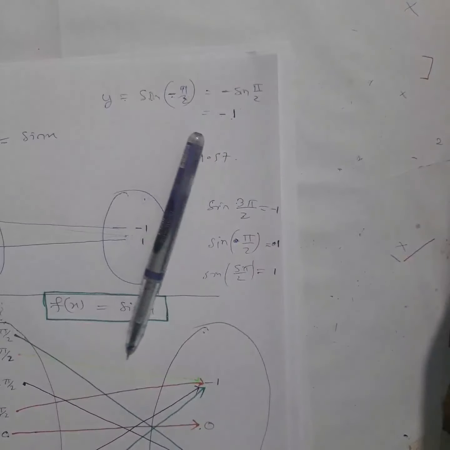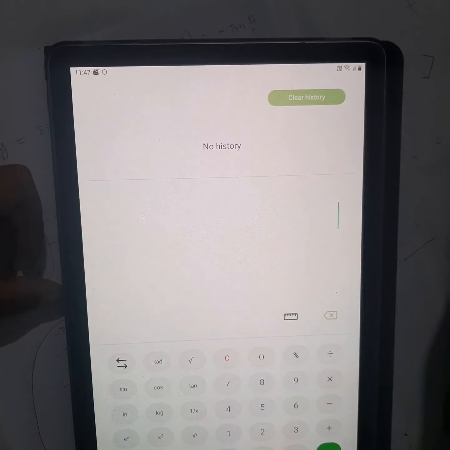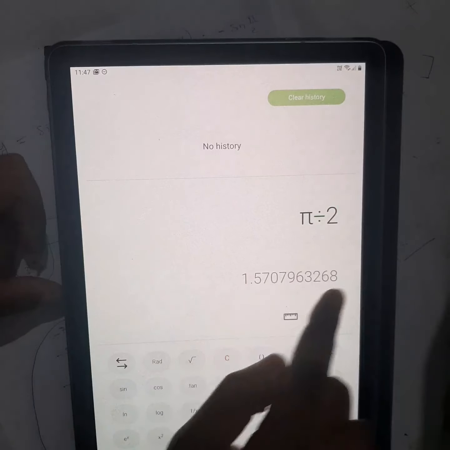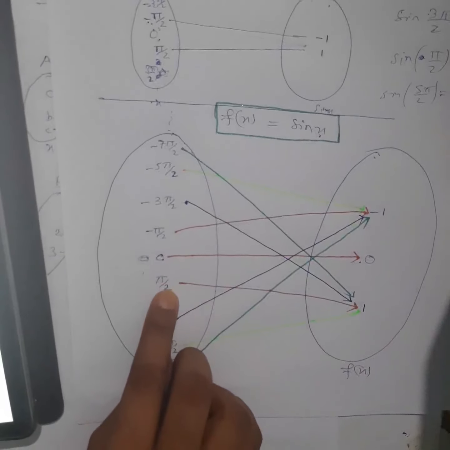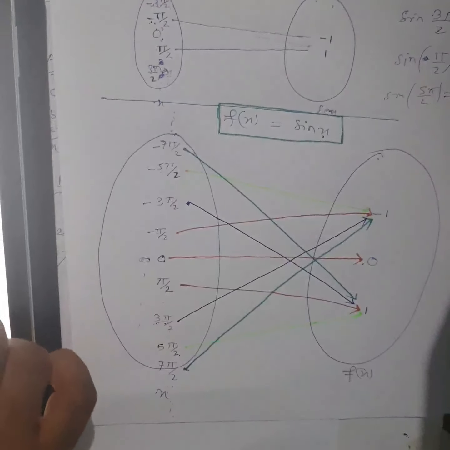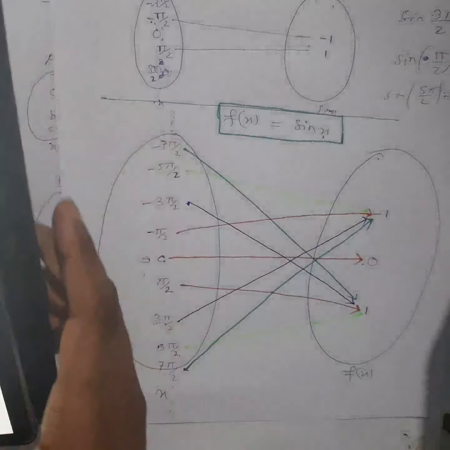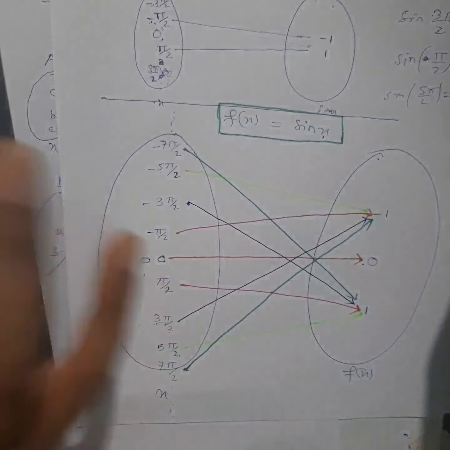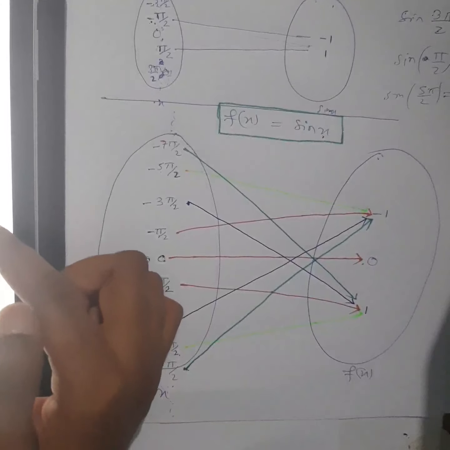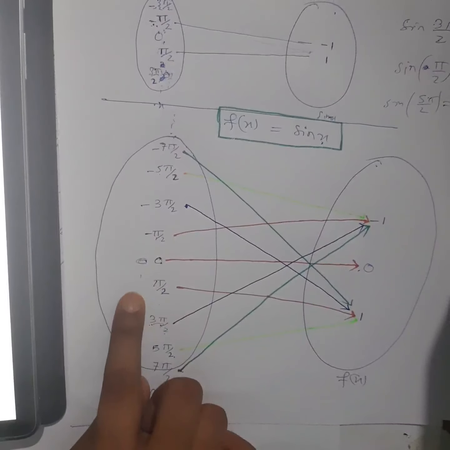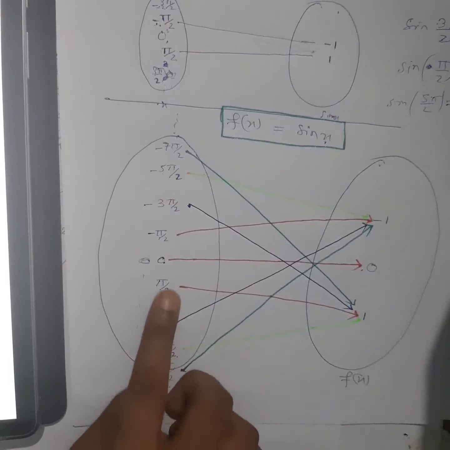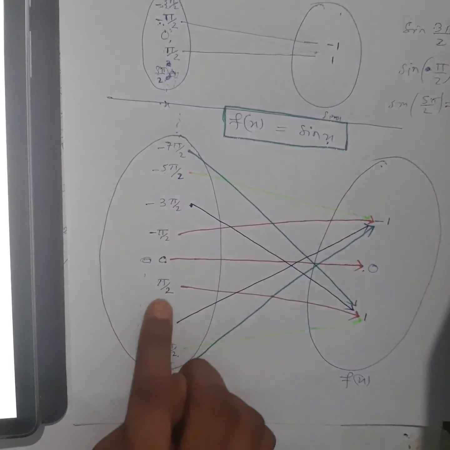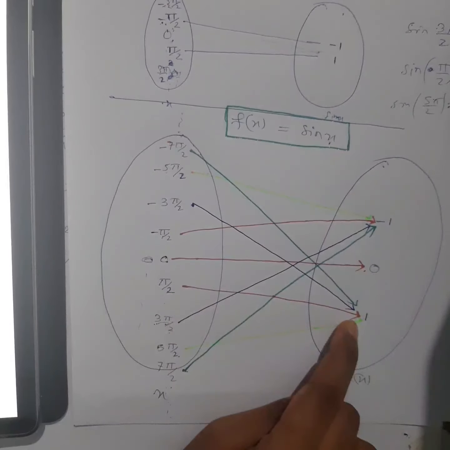If I show you in the calculator, you can see here, if I put pi divided by 2, how much is pi by 2? 1.57, a real number, right? So 1.57's image will be this one. So I hope you can understand. Pi by 2 is 1.5707963268, this value. Obviously, all the real numbers I cannot write, so instead of writing in that way, I have written in radian, right? So pi by 2's image you will get 1.